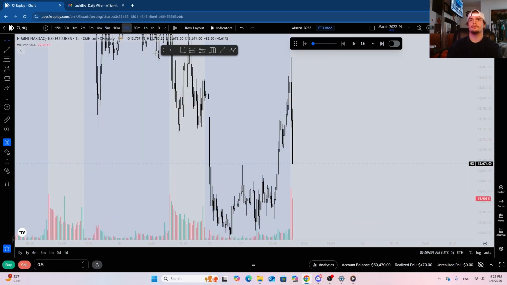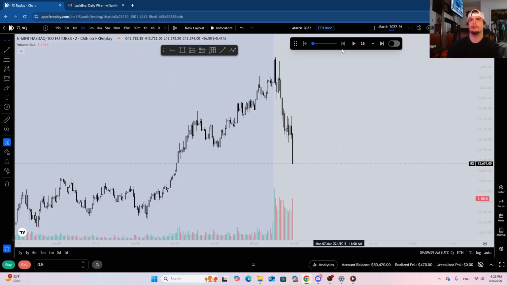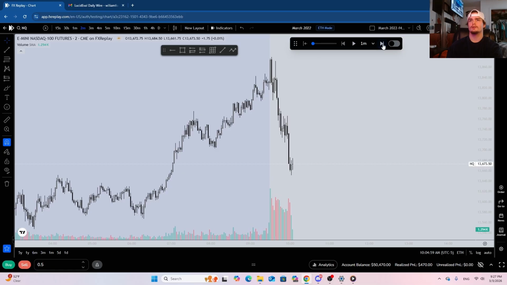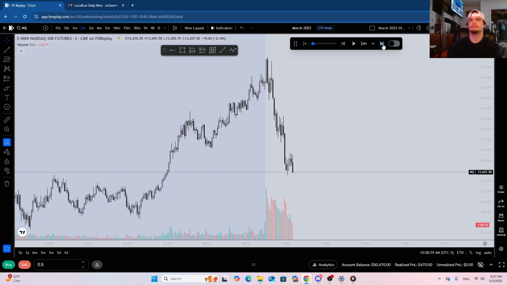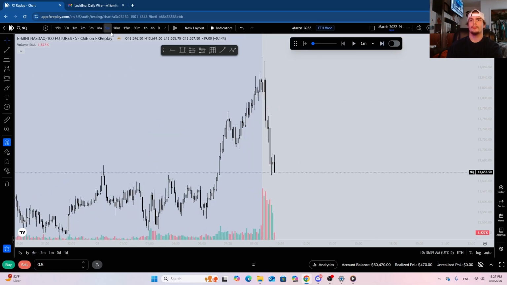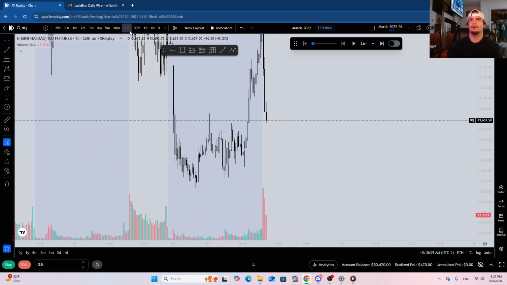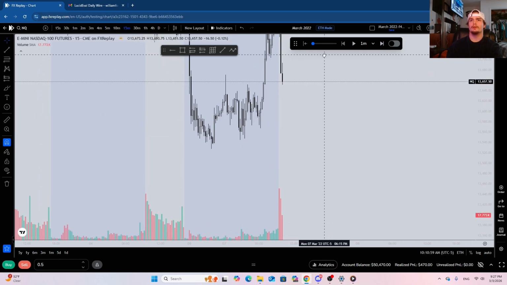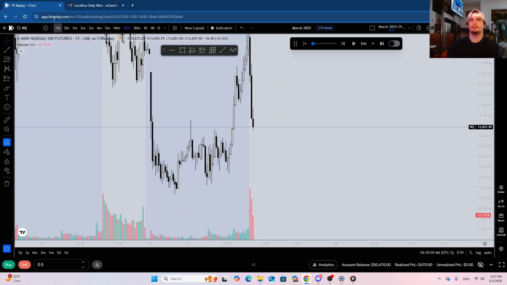So let's see, a 15 minute is opening up right now. So we'll go down the 2 minute time frame, kind of see what's going on. 1 minute. See if we get some sort of retracement. Okay, so we could reject out of this 5 minute pretty hard. I doubt we're going to come all the way back up here to this 15 minute. So I think this looks pretty good to enter shorts.